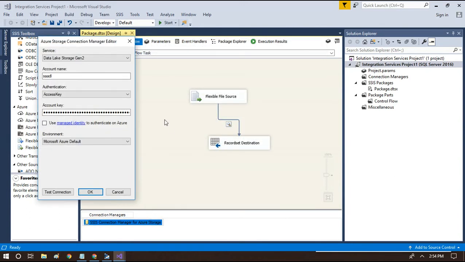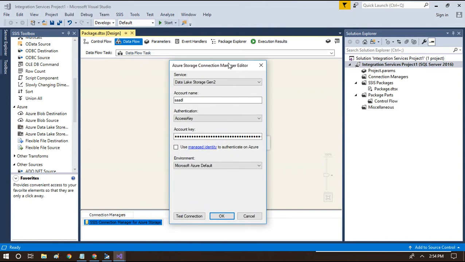Okay, so in order for us to connect to the Azure storage, we can use two or three authentication techniques. One is access key, service principal, shared access signature. In this session I will be concentrating on access key, which is the simplest form of all. I will tell you how to use this. In my next video I will tell what a service principal is and how to use it for connecting to the Azure storage. Okay, so once you choose access key, it will ask for the account key.